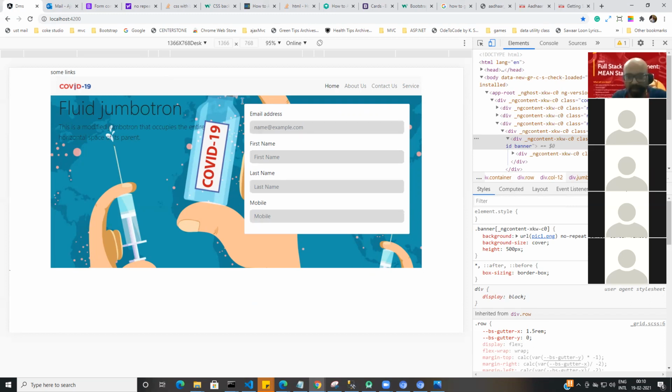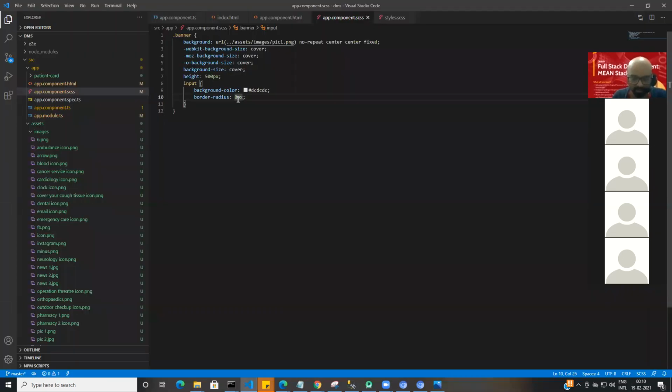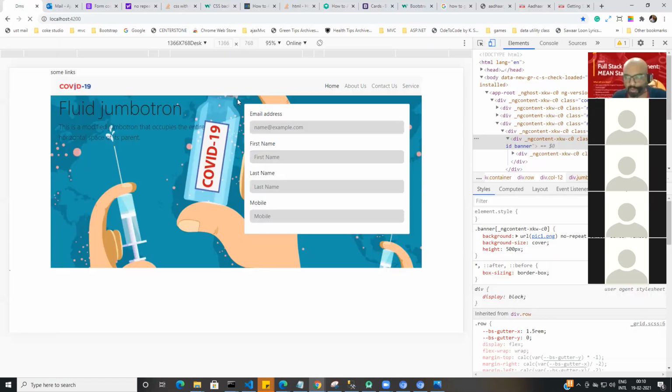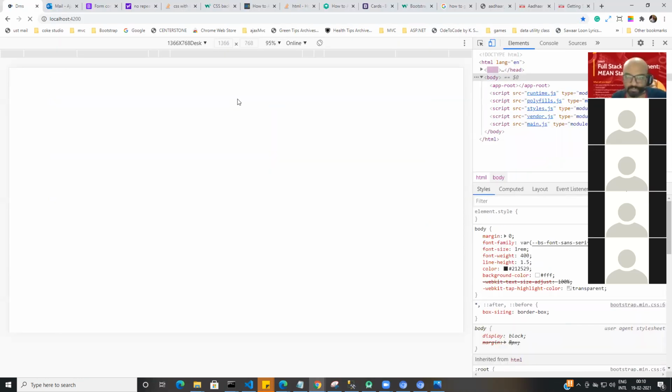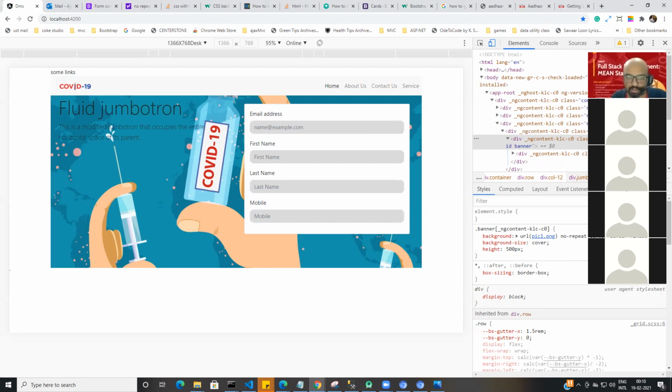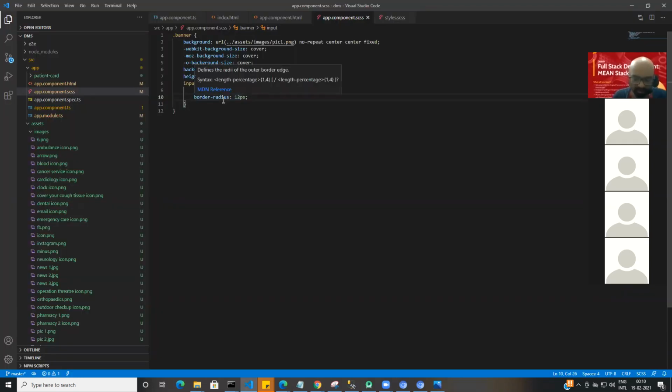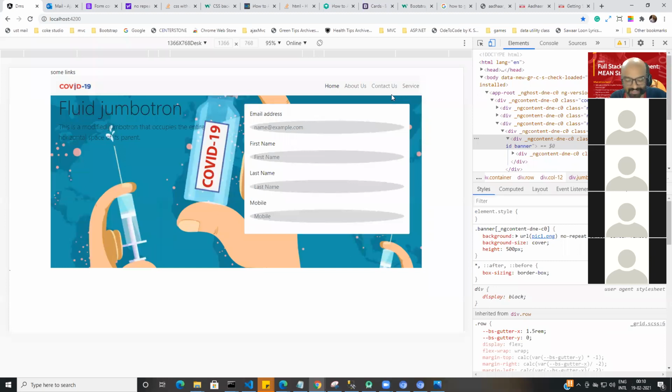If I say 12, it'll be more, and if I say 16, or if I want to make an oval, I would say 50%. Let's see, will it work here or not? I say 50%. It should come like an oval shape. Yeah, see, it destroyed everything.